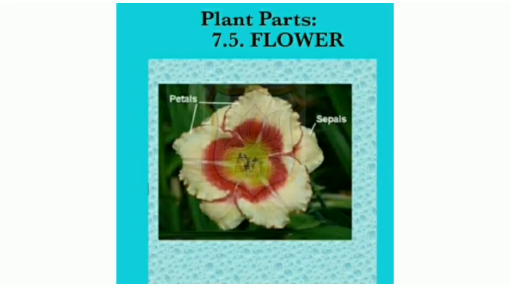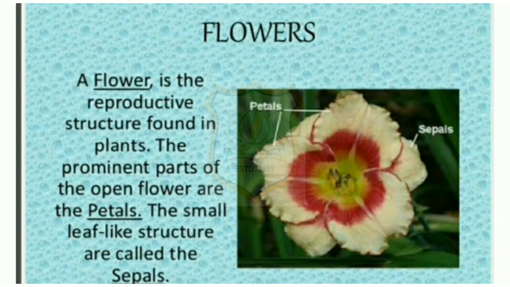Now, our last topic of plant parts is flowers. Flowers are the most beautiful part of a plant. Different plants have different types of flowers. Flowers are of many sizes, shapes and colors. They have different kinds of fragrances. Some common flowers are hibiscus, rose, jasmine, sunflower, marigold, and lily. Flowers contain the reproductive organs of the plant.